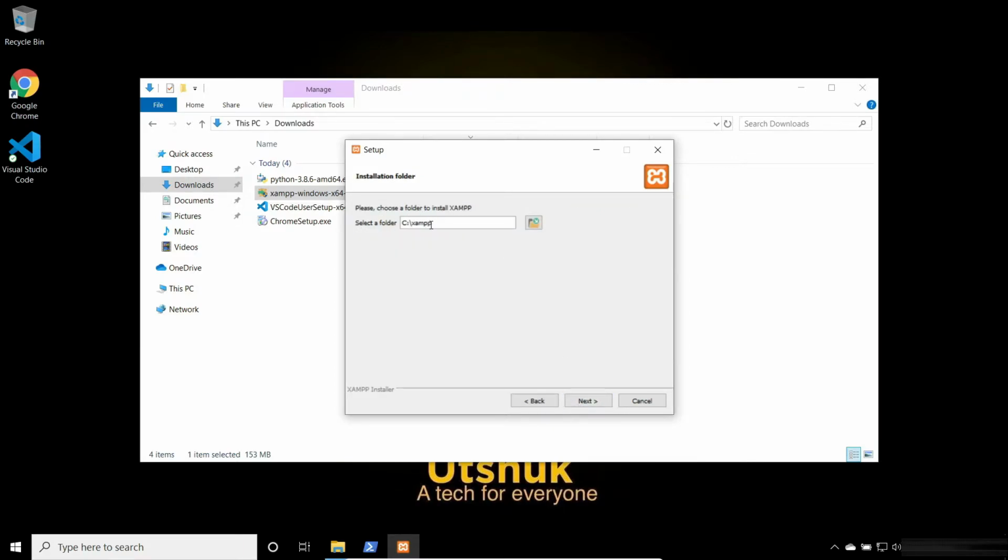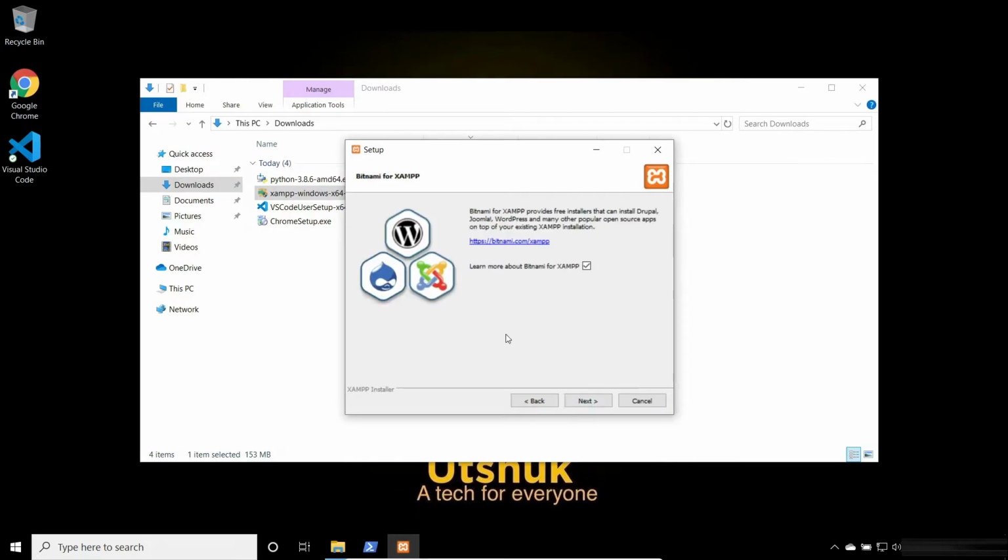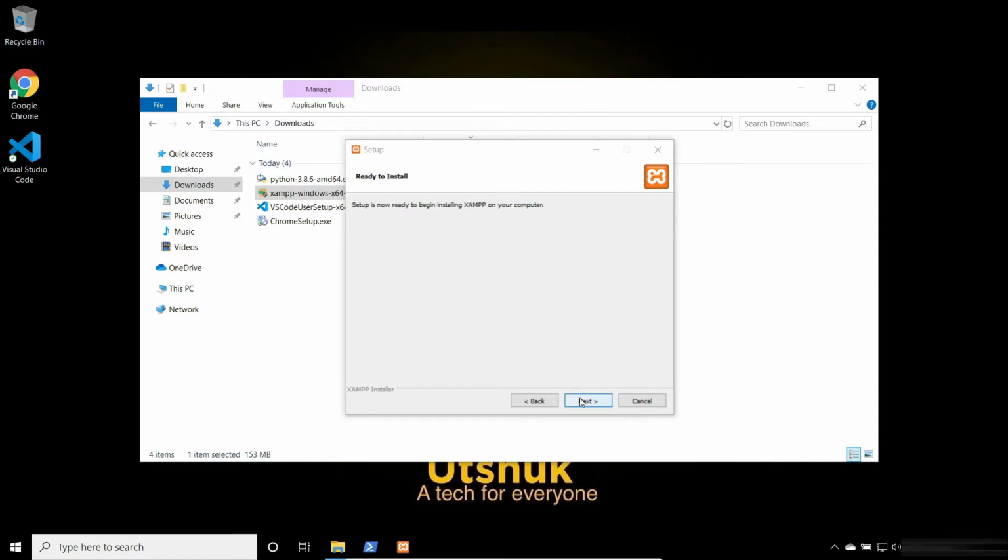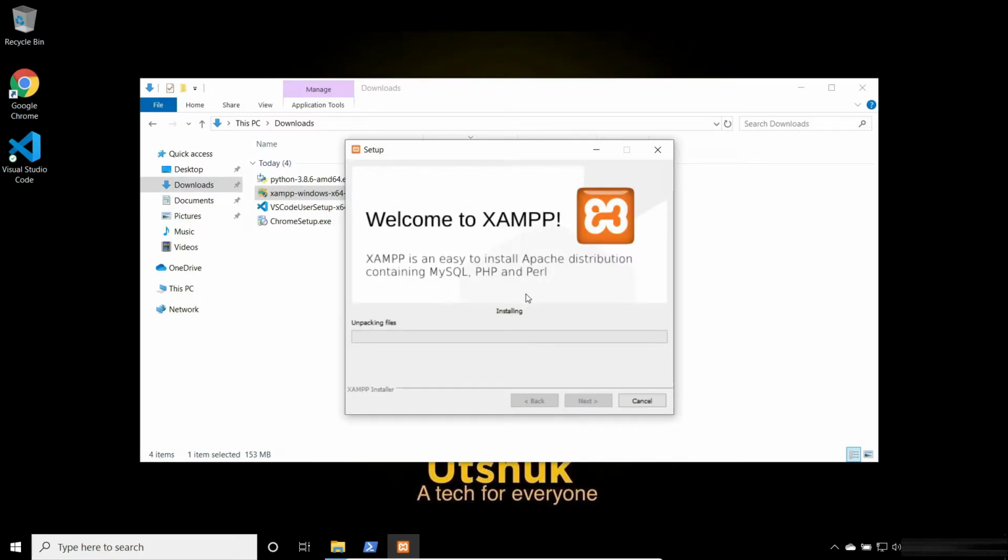So it will install XAMPP in C drive. You can even install your XAMPP in D or another partition, but I'll be installing XAMPP in C. Next and next. Let's close this and again next. So XAMPP is being installed here.